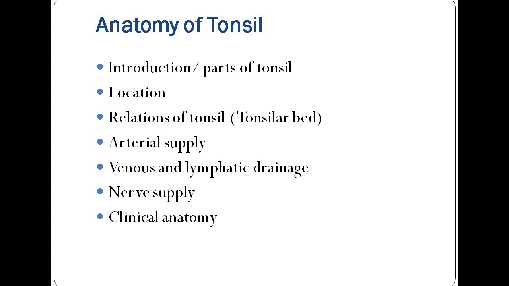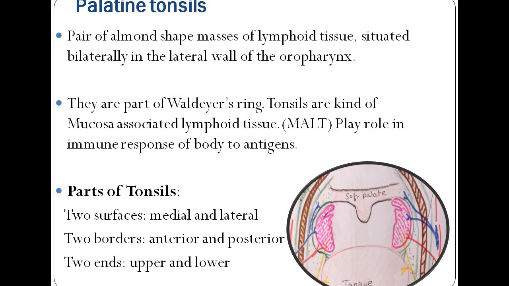the tonsillar bed, arterial supply, venous drainage, lymphatic drainage, nerve supply of tonsil and clinical anatomy of the tonsils. Now these tonsils, they are a pair of almond shaped masses of lymphoid tissue situated bilaterally in the lateral wall of